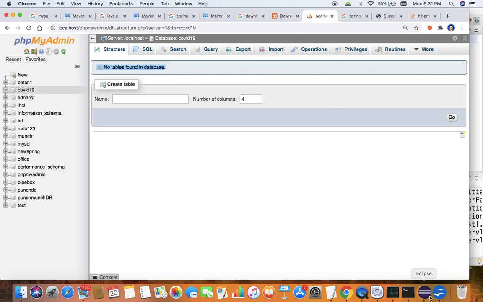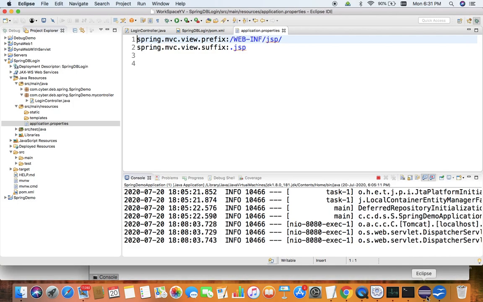Now if I go back to this properties file which I was talking about in the Eclipse, in the application.properties, here you have to mention which database we are going to use, what is the user ID, what is the password, what is the DDL information you have to supply. Those 4 lines you have to add in this application.properties.